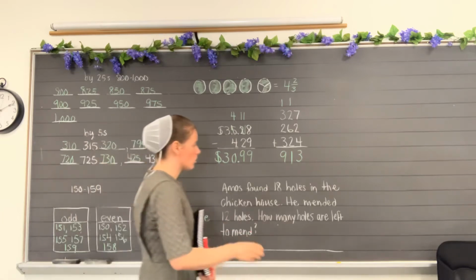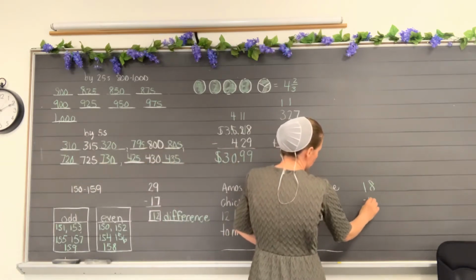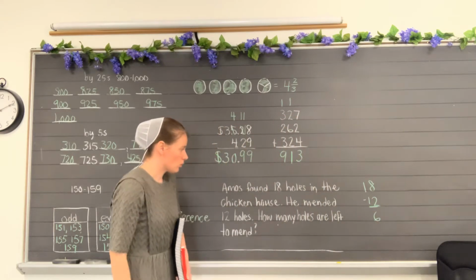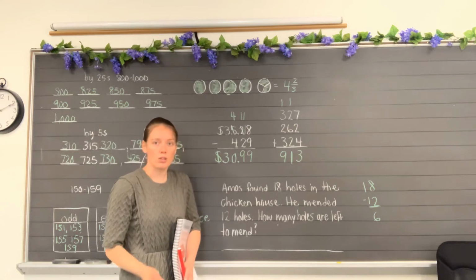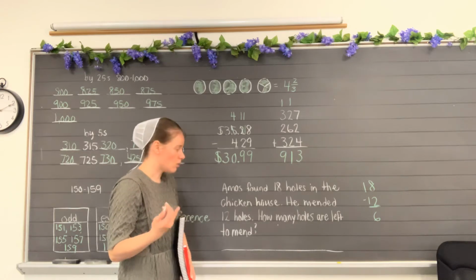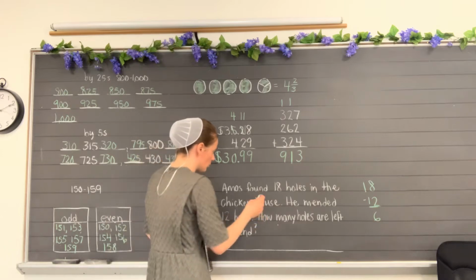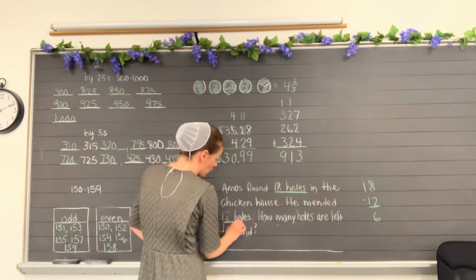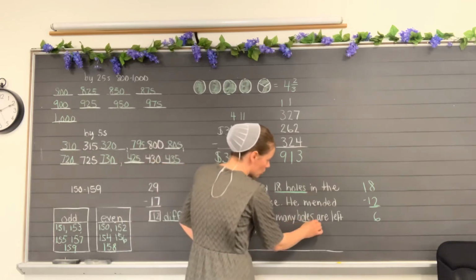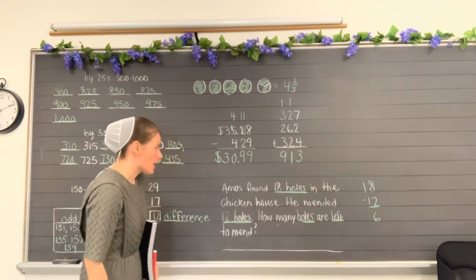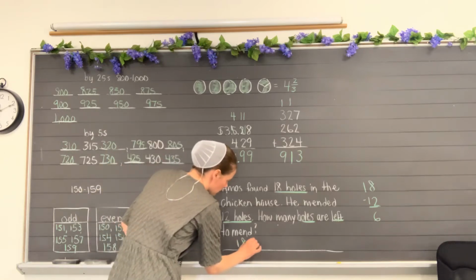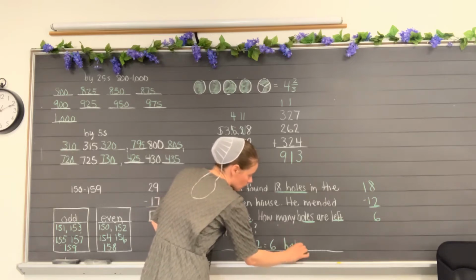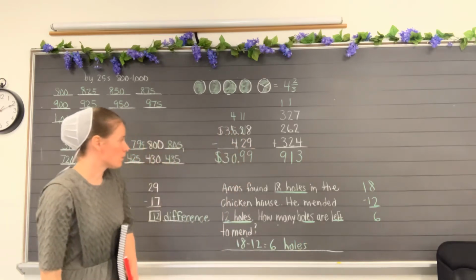Okay, so 18 minus 12, I'll just do my work over here. 18 minus 12 is 6. And we need to remember we should probably have first underlined our numbers and keywords. So before you do your answer, you should do that, or you might forget. 18 holes and 12 holes and holes and left. And then we write it down here, 18 minus 12 equals 6. And 6 holes